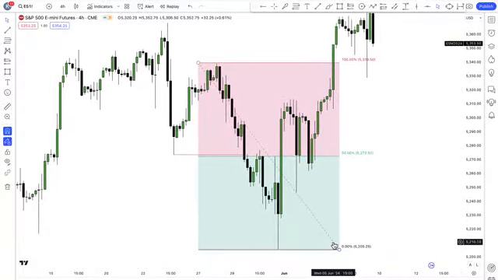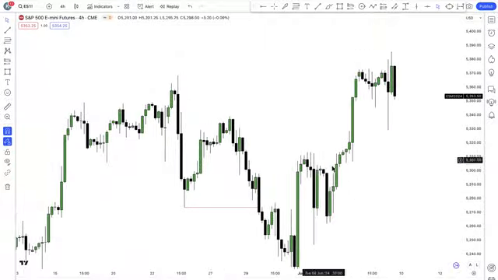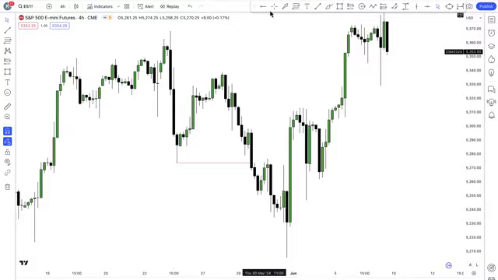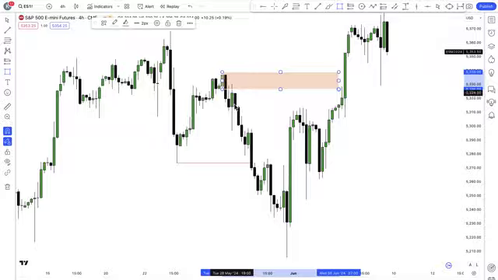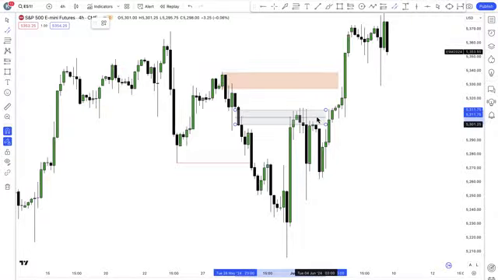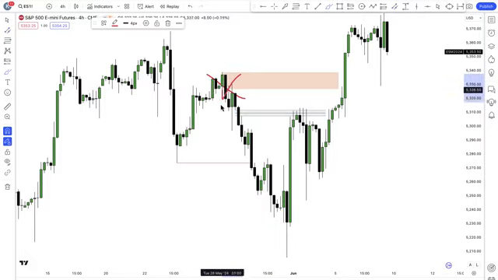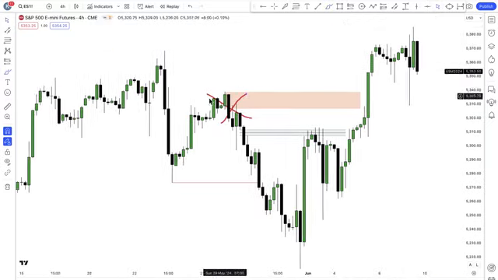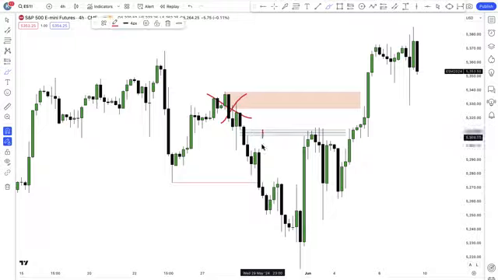This is perfect. So I will go and mark my institutional reference points. You see, this order block has been mitigated. We have this guy is the new order block we are seeing, but then I have this fair value gap as where I should be looking at as my point of interest. And I did this, guys. I have no fair value gap here. Look at the price action here. All of them were mitigated. I don't want to expect price to go further than that place. So I use this place as my point of interest, POI.